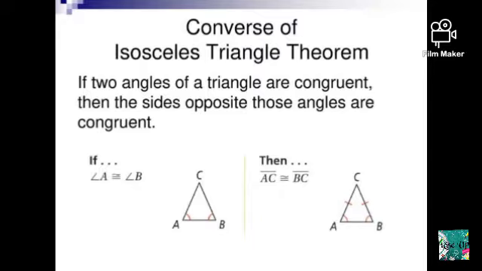The converse theorem says that when two angles of a triangle are equal or congruent, then the sides opposite to those two angles automatically become equal. So this is the converse theorem of the isosceles triangle. The figure given in the diagram clearly explains both theorems. When they are equal, they become congruent as well. So study both theorems, they are very easy, just the theorem and the converse of isosceles triangles.